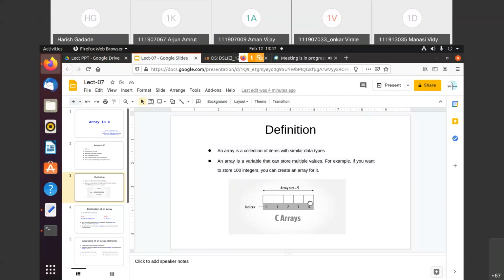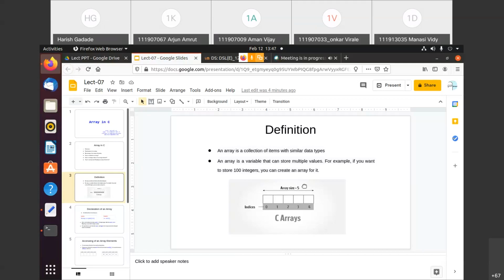But in memory we need that much memory free, and it should be sequential. If somewhere there are 10 bytes, elsewhere some 10 bytes and 30 bytes, that is not allowed in an array. Whatever the size of the array, that much memory should be available in memory.